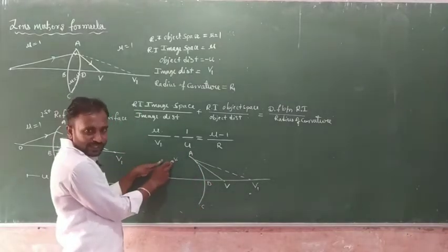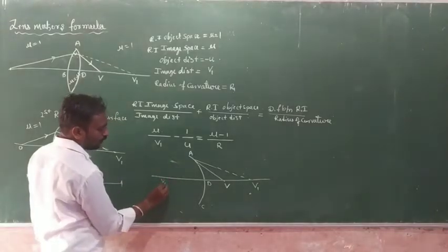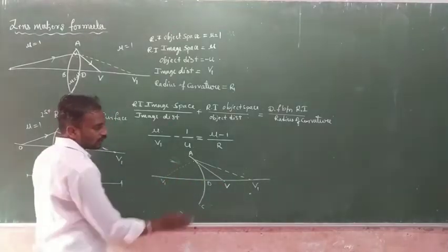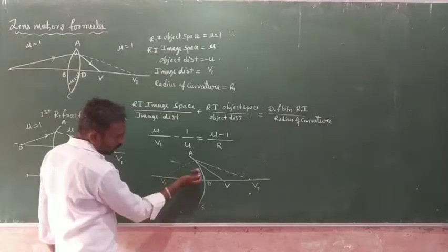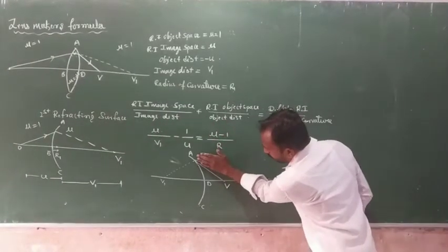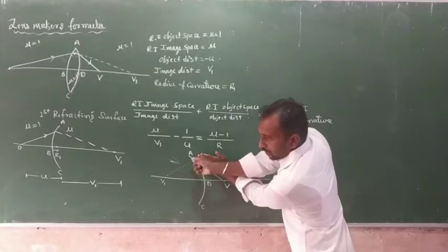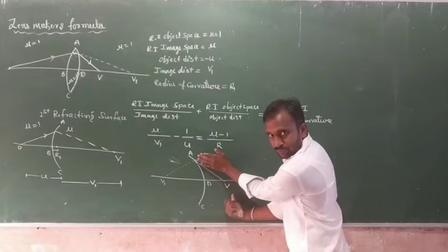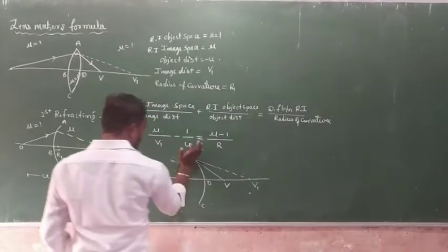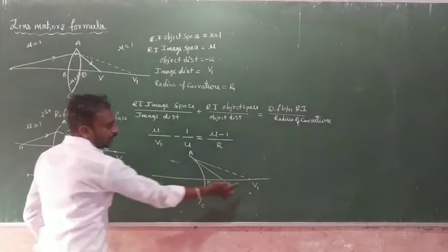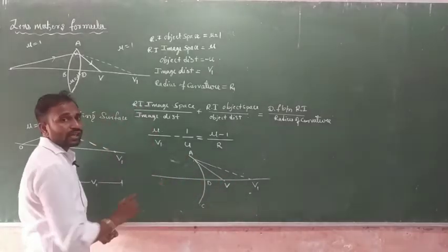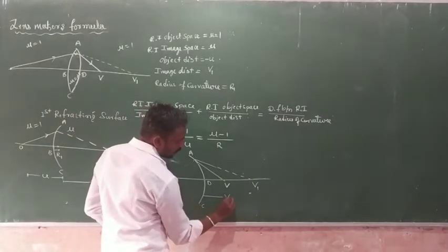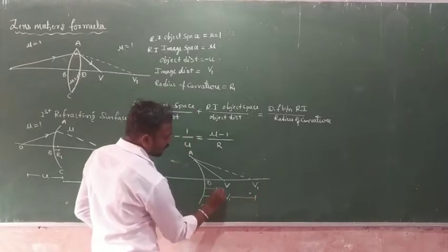Okay, so somewhere is present, it means here we consider V1. Suppose incident ray and a refracted ray. Yes, we consider this diagram. Suppose here the virtual object is present in a glass media and this one is the image. So here it is present in a glass media, so this one is a virtual object for the second surface. Okay, so this distance is V1 and this distance we consider as V.